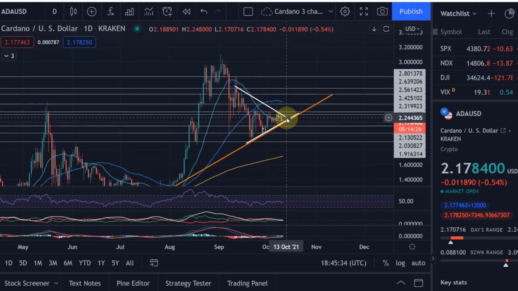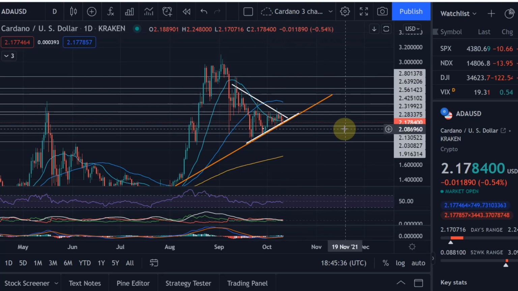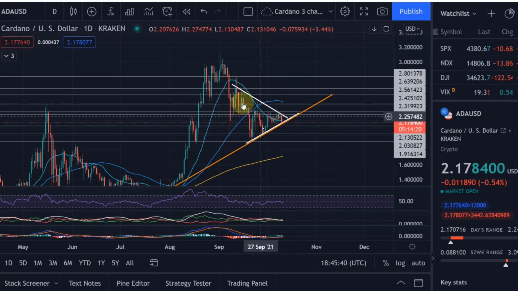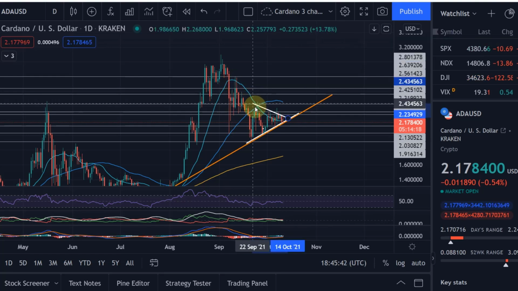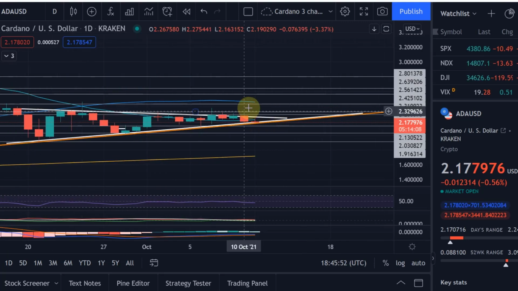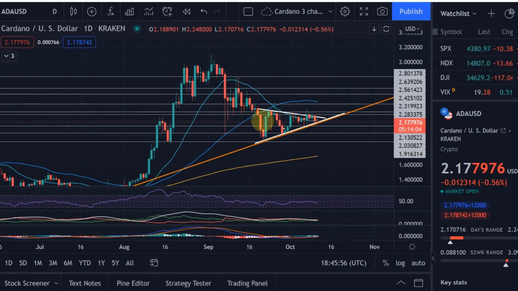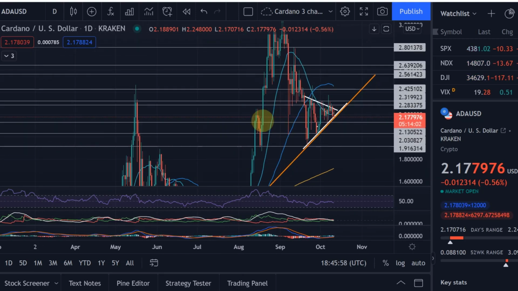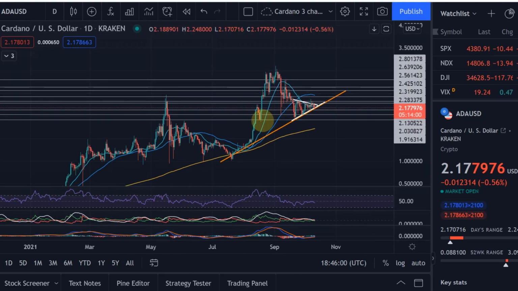What matters is that we're moving into an apex here, and I think we are going to have a breakout soon. If you think it's an ascending triangle, that's fine as well, or maybe it's more a symmetrical triangle like that. Again, it doesn't matter. We have an apex clearly defined, and we'll have a breakout very, very soon. Now that breakout doesn't necessarily need to go to the upside. It could go to the downside as well, but I think it will go to the upside